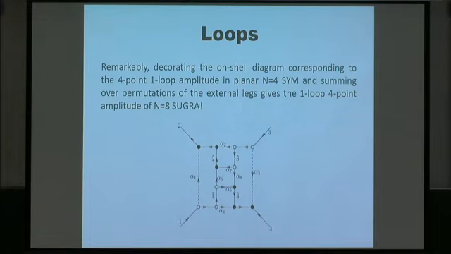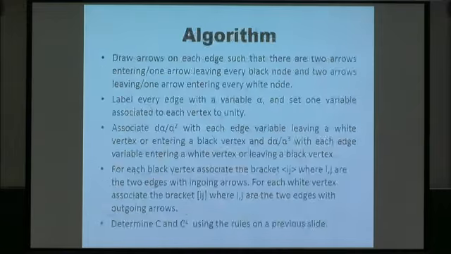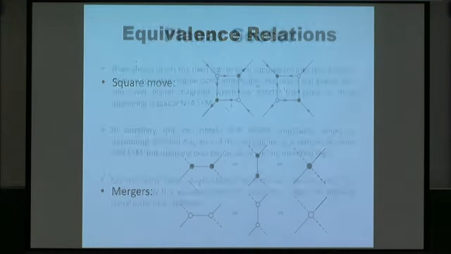So that's what you would get, in other words, by looking at the explicit formula for the 1-loop amplitude of n equals 8 supergravity written in terms of boxes, and then cutting all four propagators in those boxes. I guess at 4 points it's not difficult to guess what you should have. But actually deriving this systematically from an on-shell diagram recursion is non-trivial, because in principle, if you look at the recursion relation for planar n equals 4,